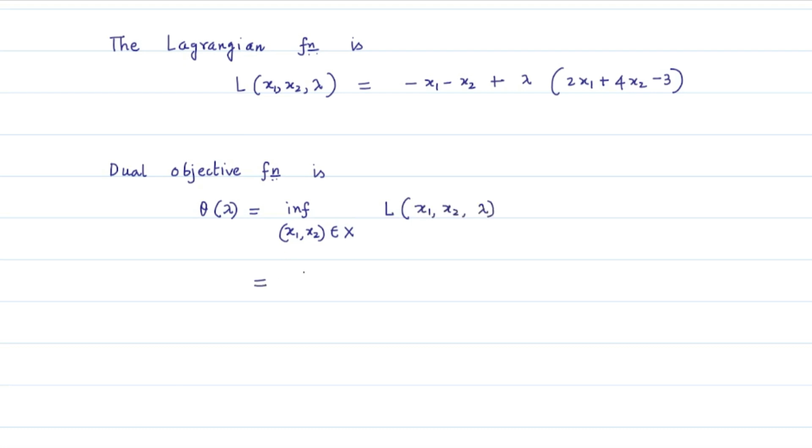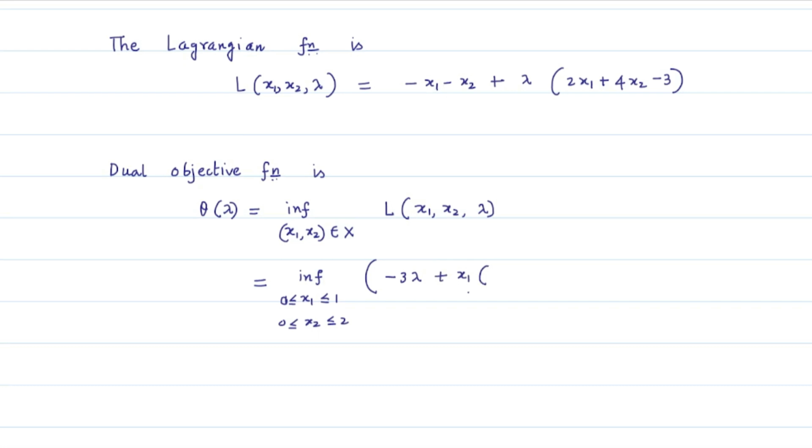So explicitly this is equal to infimum over x1 lying in between 0 and 1, x2 lying in between 0 and 2 of the expression that here we will get minus 3 lambda plus the